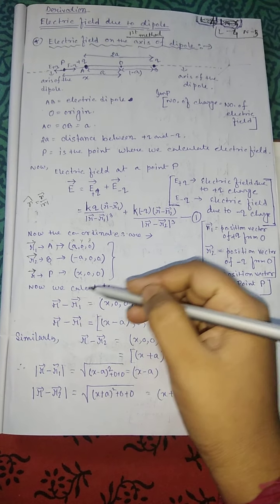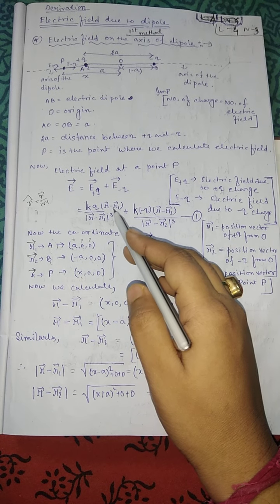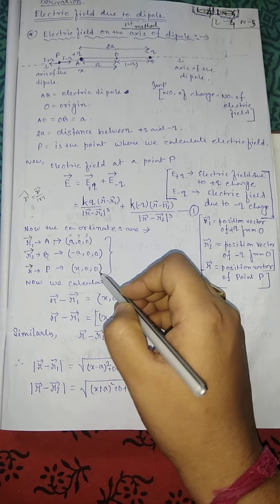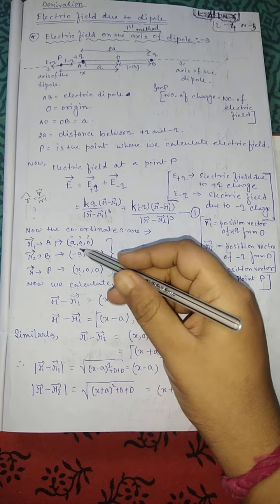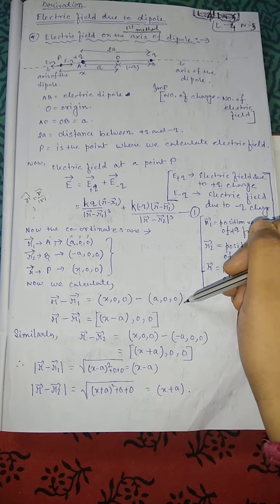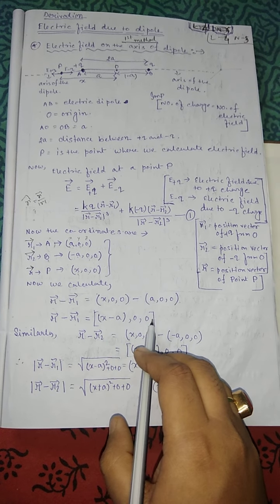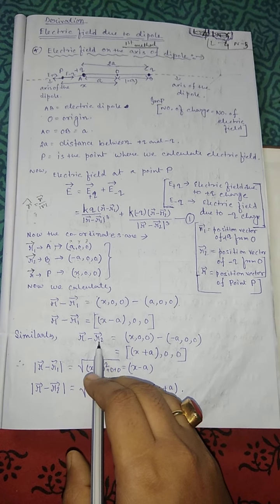Okay. So now we calculate this R minus R1. R minus R1 means R coordinate is x comma 0 comma 0 and R1 coordinate is a comma 0 comma 0. Okay. So here we get x minus a comma 0 comma 0. Similarly R minus R2